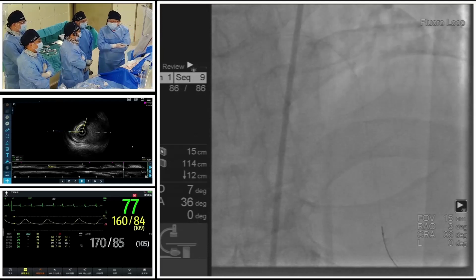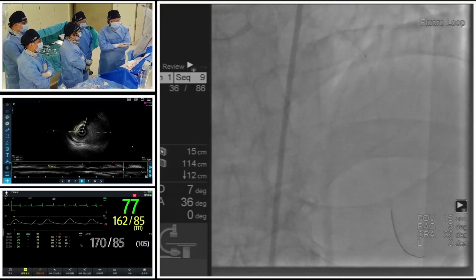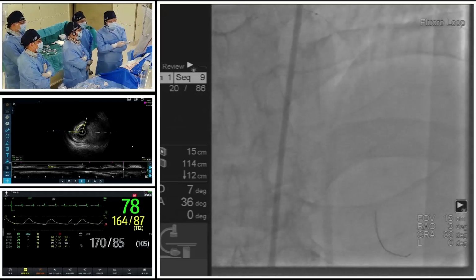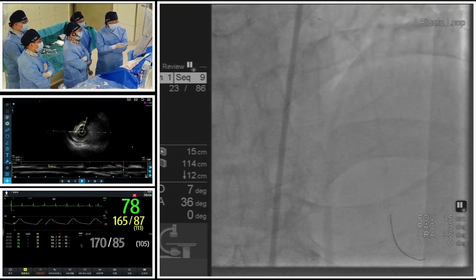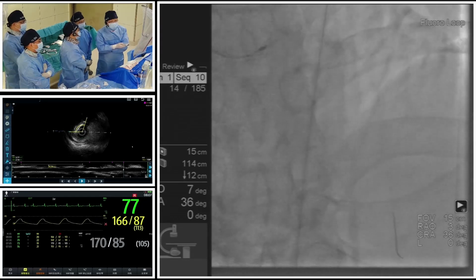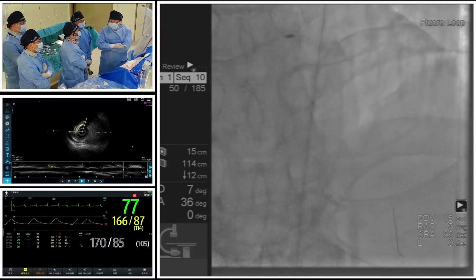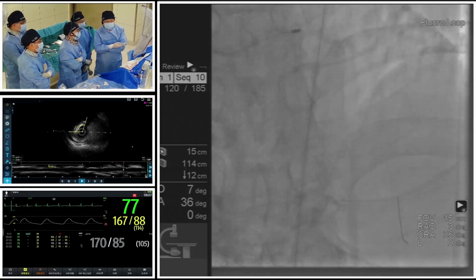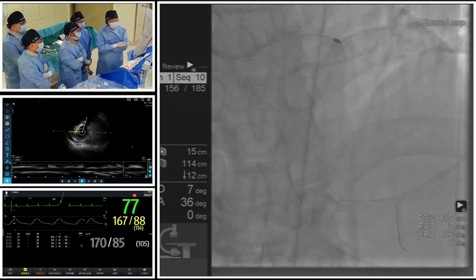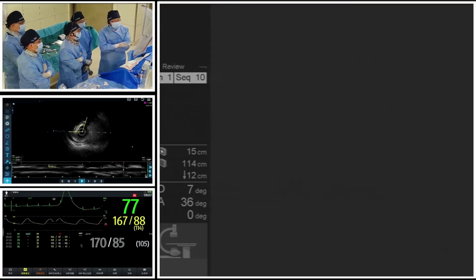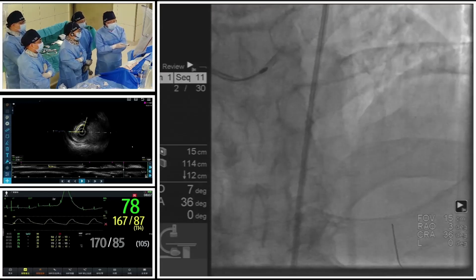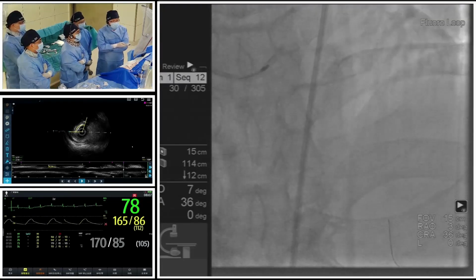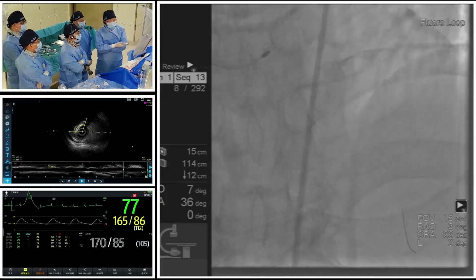So we may have more chance to choose a one-stent strategy, and this time we use a 1.5 burr. We already used the 1.5 burr to do the rota, and we use a common microcatheter to exchange the rota wire. This is a technique we often use. This is the 1.5 burr, and after several rounds of rotablation, we did